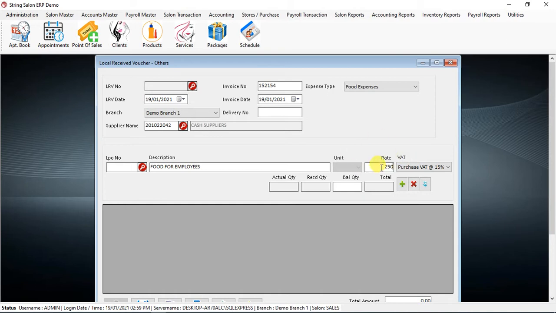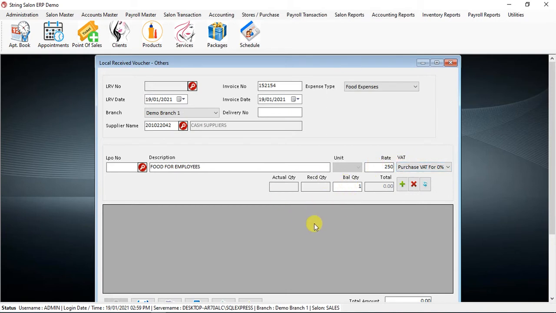Otherwise, if it is tax which you can take back, then accordingly you can put the amount of the total bill without tax in here and select purchase tax 5 percent. Otherwise put 0. If it is for employees, how much you paid totally including VAT, you put it in the rate. Then put 1 as quantity.